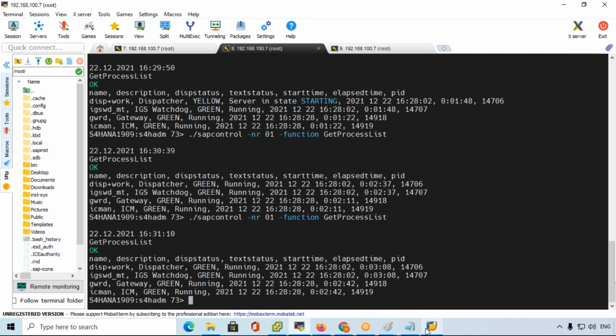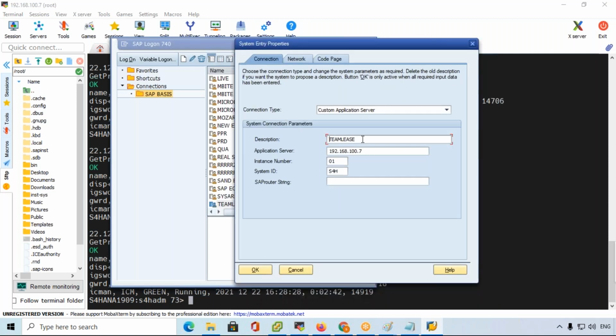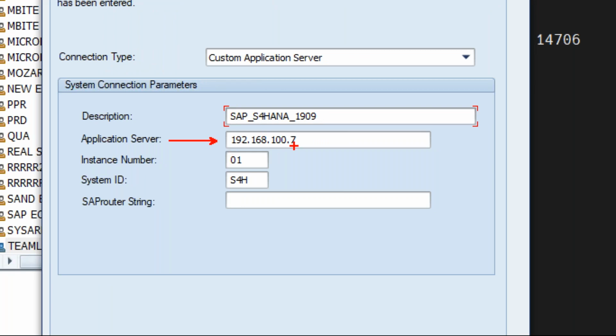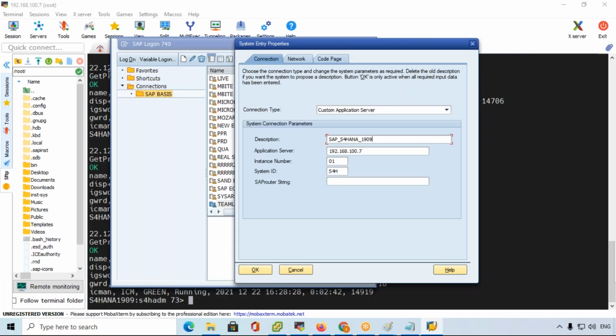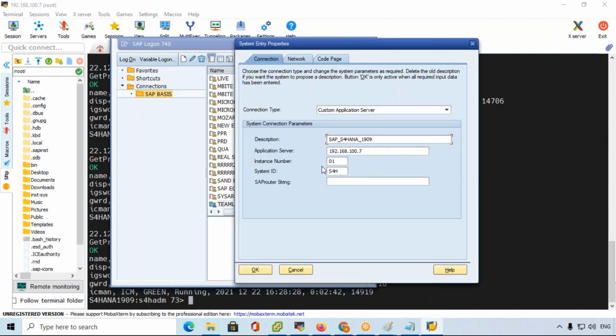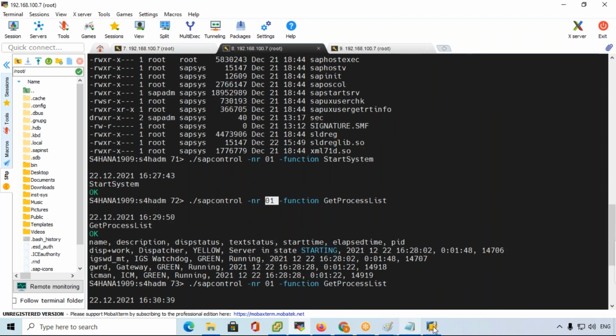So now go to SAP. Here I enter the logon details. Description: SAP S4 HANA 1909. 1909 is the version. And the application server means the IP address, 192.168.107. And the instance number 01.